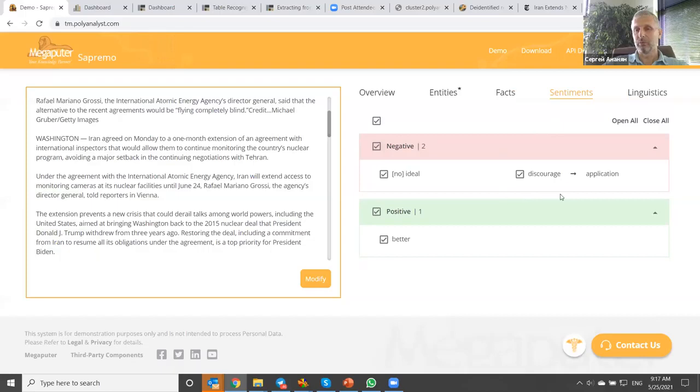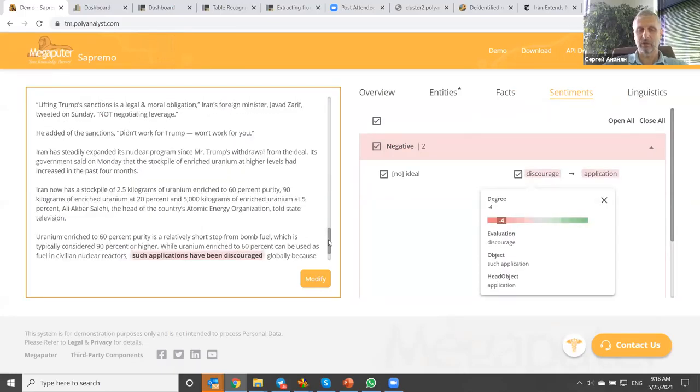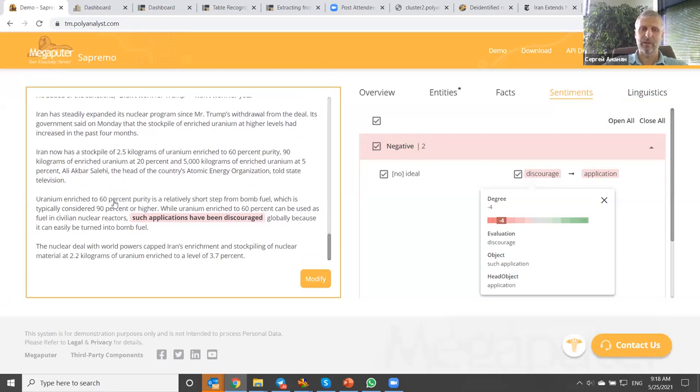We can also pull the sentiment, so there is a module for sentiment analysis. And I'm just doing an introduction, so we'll be going through these things shortly in detail, how it is organized. So you can see that, for example, these such applications have been discouraged.